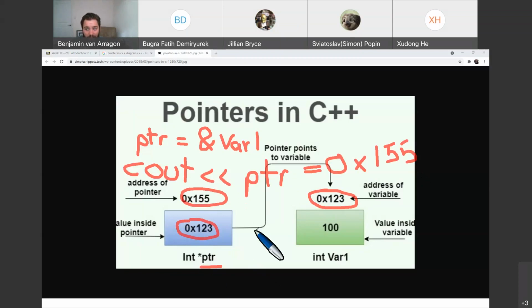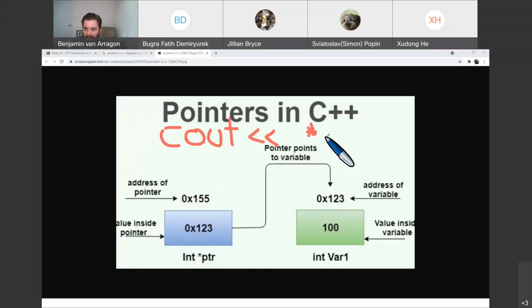If we were to do a dereference of our pointer, and we were to do a cout, and then we did our dereferencing operator, which is that asterisk, and then we dereferenced the pointer, okay, then what we would see on the console is this,